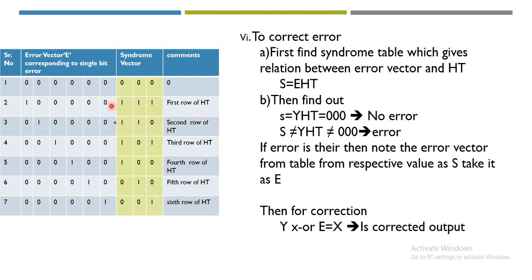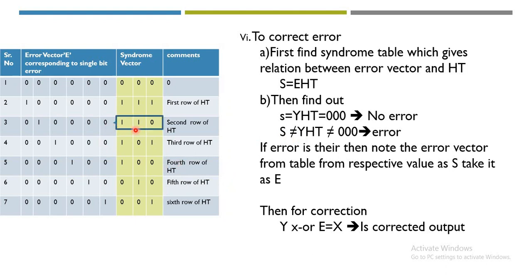So what is the use of the syndrome vector table? It is used for correcting the error. So what we do, we just take the multiplication of a received code word with the H transpose. If the answer is equal to 0, then it indicates the received code word is without an error. But if the answer is not equal to 0, it indicates the received code word is with an error. So whatever answer we are getting over here, we check that value from the syndrome table. Just take an example, let my S be equal to 110.